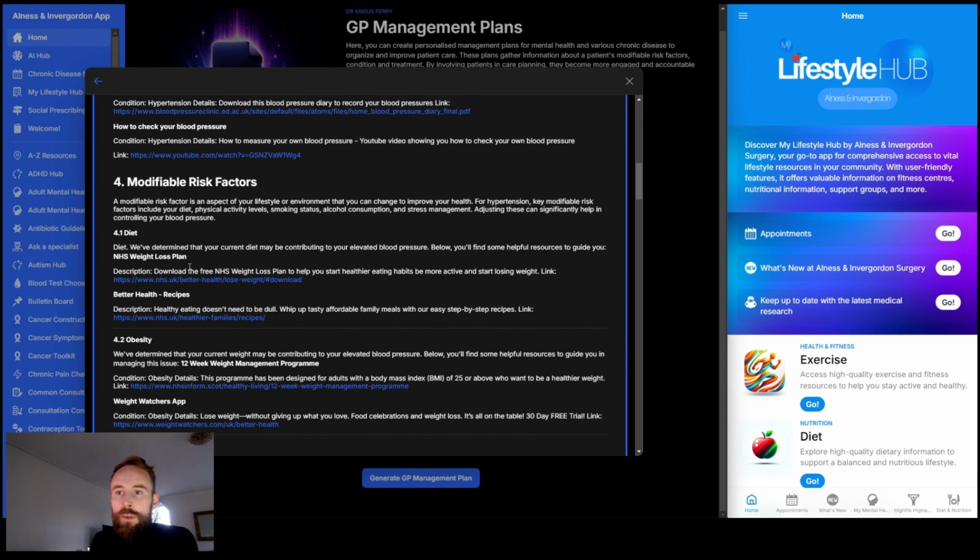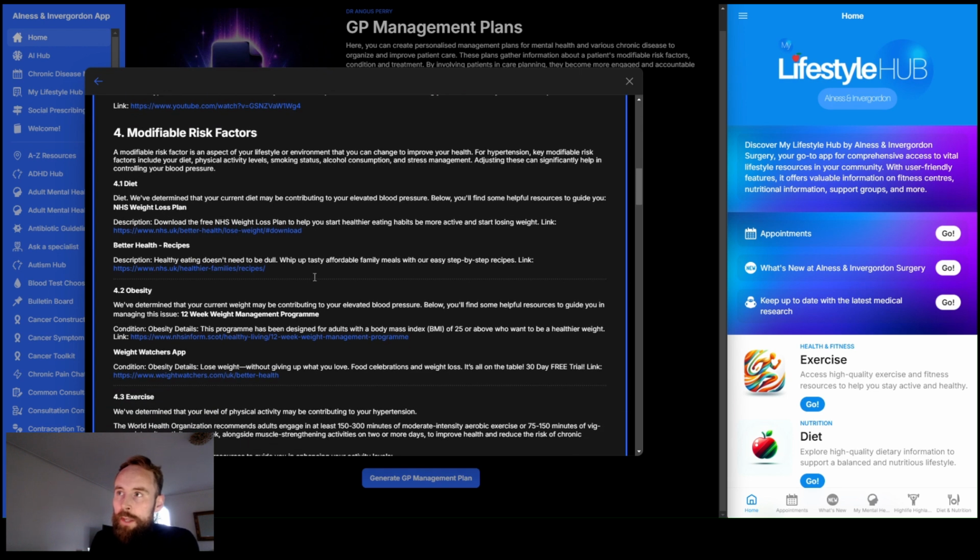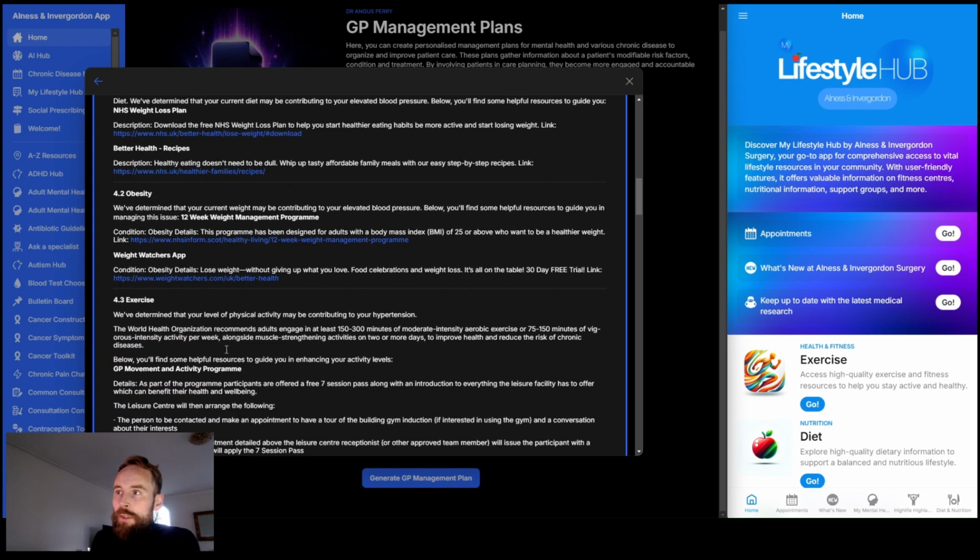Next, we are onto the modifiable risk factors. So this will display all the risk factors, but the ones that have been selected will appear. So we've got diet, so there are some links that we selected. Obesity, more links, and then the exercise. So this is how the